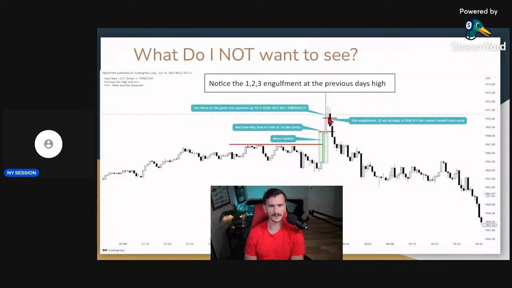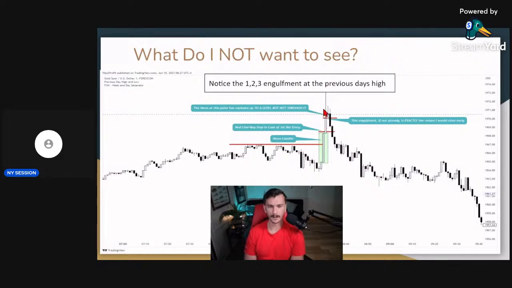At this point, you're still in the market, and you get an engulfment. Okay, this is exactly what I don't want to see. I don't want to see momentum fade and then an engulfment. The moment I get an engulfment, I'm out. I'm done. If I haven't already taken, I think this was almost 30 or 40 pips on this one candle